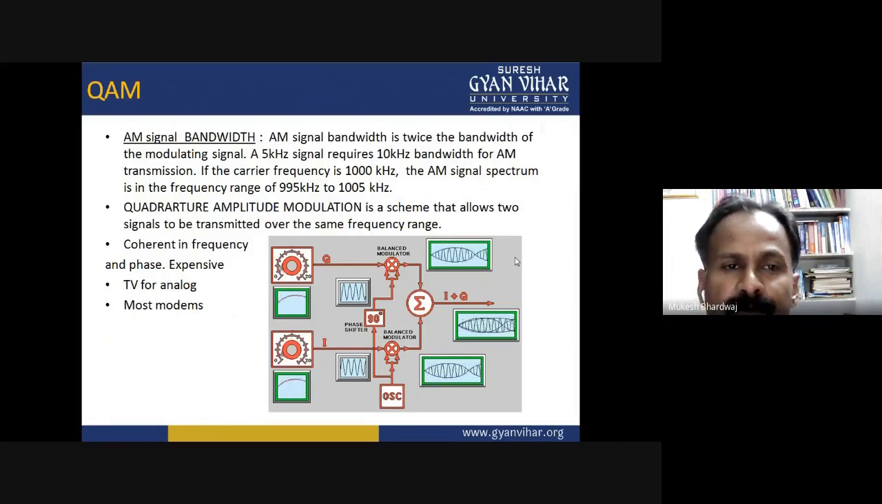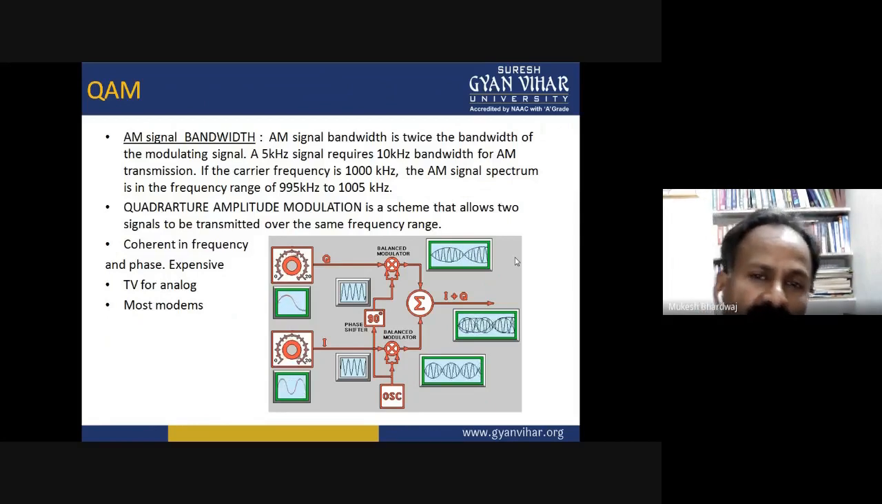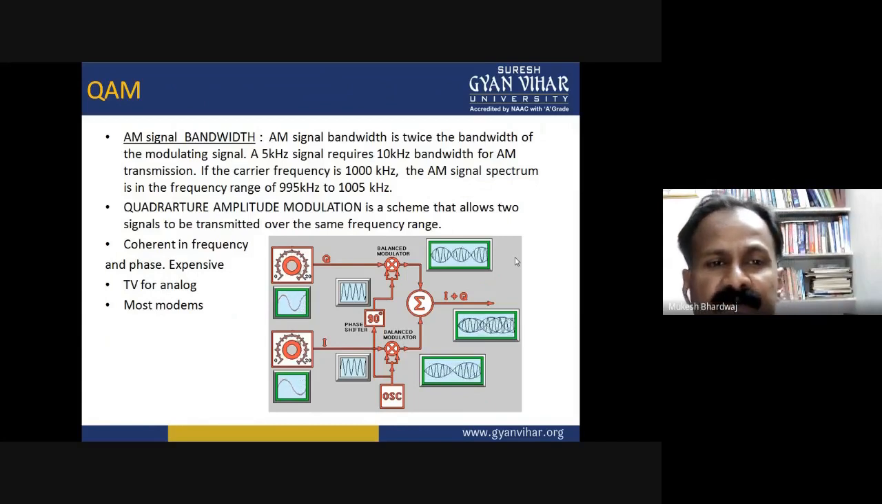So the amplitude modulated signal bandwidth is twice the bandwidth of the modulating signal. A 5 kilohertz signal requires a 10 kilohertz bandwidth for amplitude modulation transmission. If the carrier frequency is 1000 kilohertz, the amplitude modulation signal spectrum is in the frequency range of 995 kilohertz to 1005 kilohertz. Quadrature amplitude modulation is a scheme that allows two signals to be transmitted over the same frequency